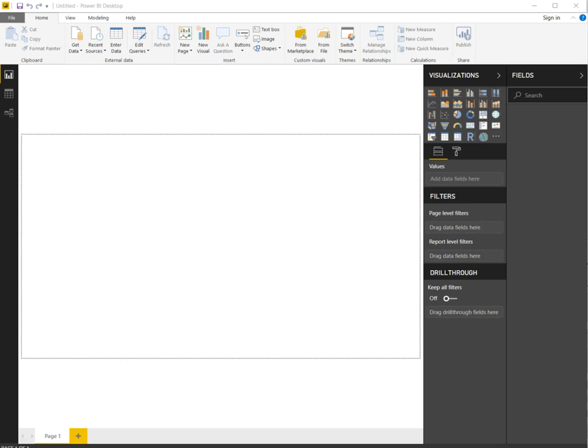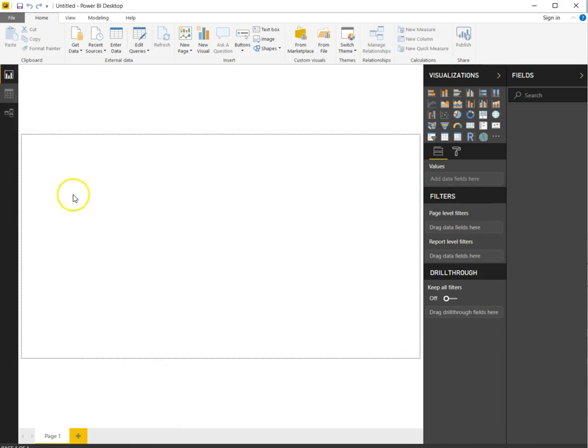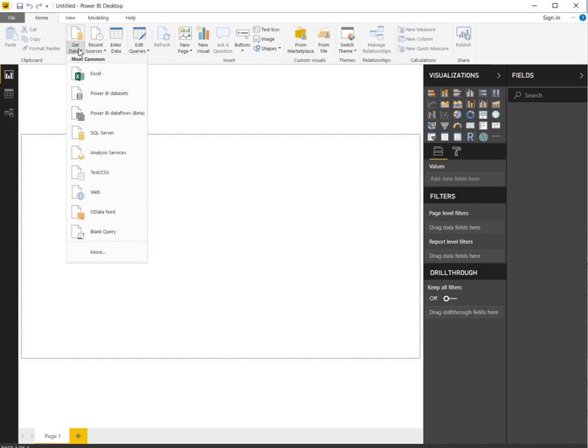So if you'll recall from our PowerPoint, we have some Ohio School Enrollment building information from fiscal year 18 that we're going to load. So we're going to load that first. So I'm going to come up here to get data. You can also do this from the initial prompt that you get as you're coming into Power BI with the big yellow window. But I'm going to click data in the top ribbon there, and I've got Excel data, so I'm going to click on the Excel icon